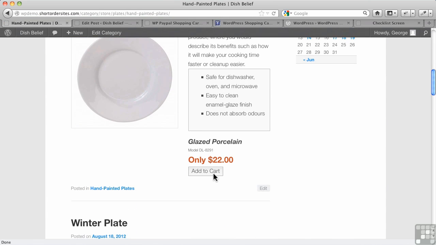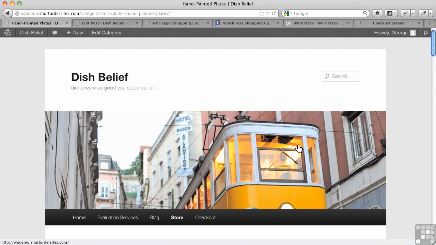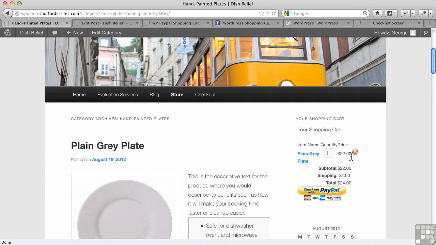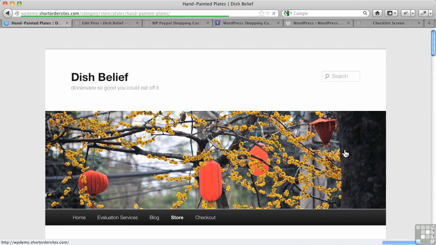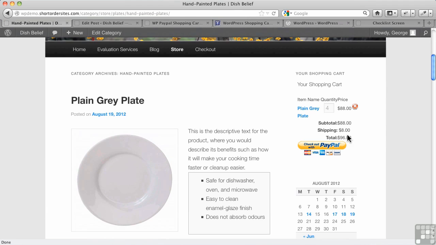So now I add to cart, and we will see our price is added there, and now that $2 shipping charge is added on as well. Now remember, that's $2 per plate. If I update this to say 4 items, enter return, it'll recalculate, and now it's $8 for shipping, so $2